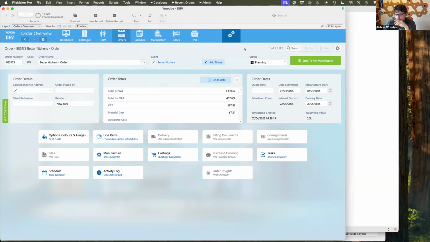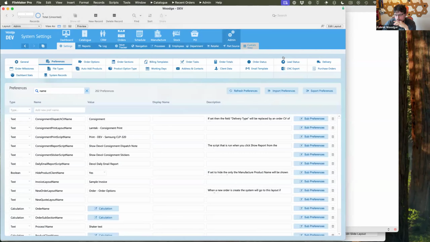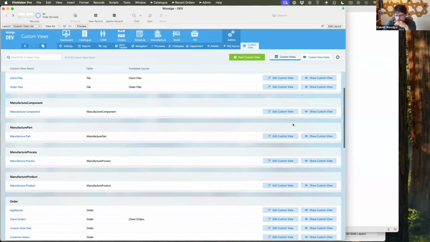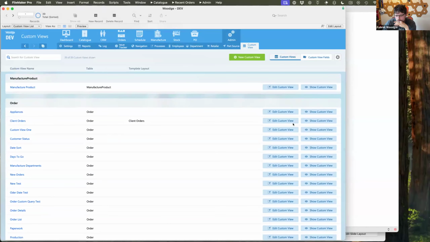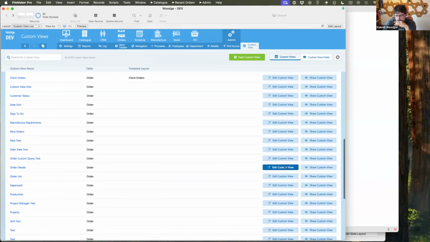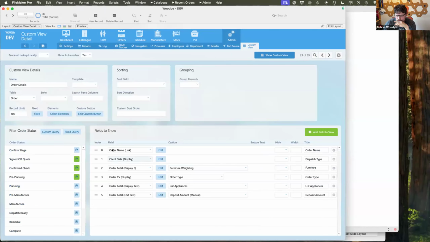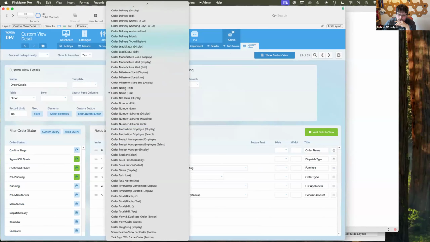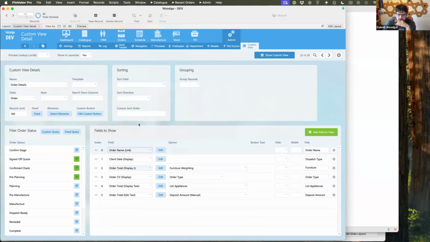So we have a system which we call our custom view builder, which is a bit like the data tables thing, but it allows them to make a report with whatever fields they want from the database. So they can pick of all the different things that they could possibly want in an order, generate a layout that does that. So it doesn't need myself or one of my team to configure a custom report for them. They can pick it themselves.